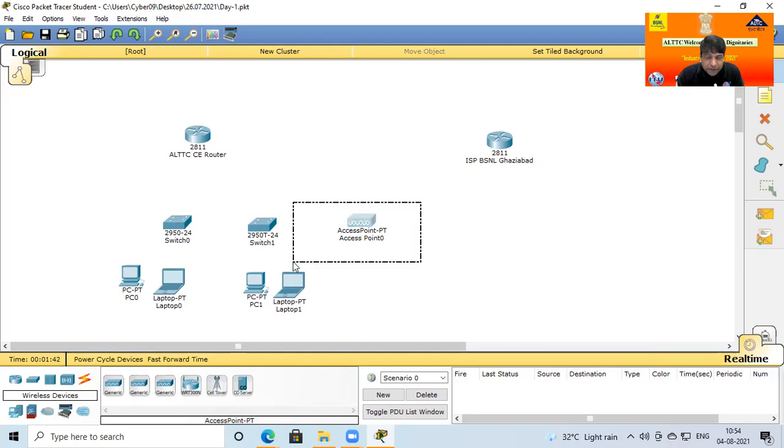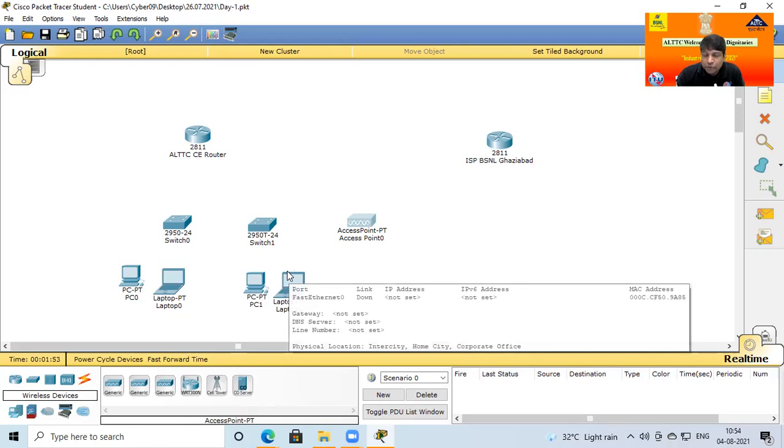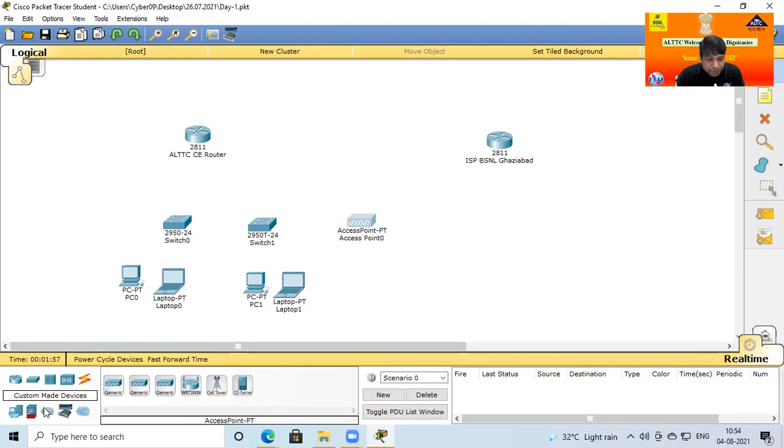And this Wi-Fi device connects to wireless devices like a tablet and a smartphone, devices that have the capability to connect to Wi-Fi. So now again for end users in this location, this is a tablet. I just put here a tablet and some smart device.